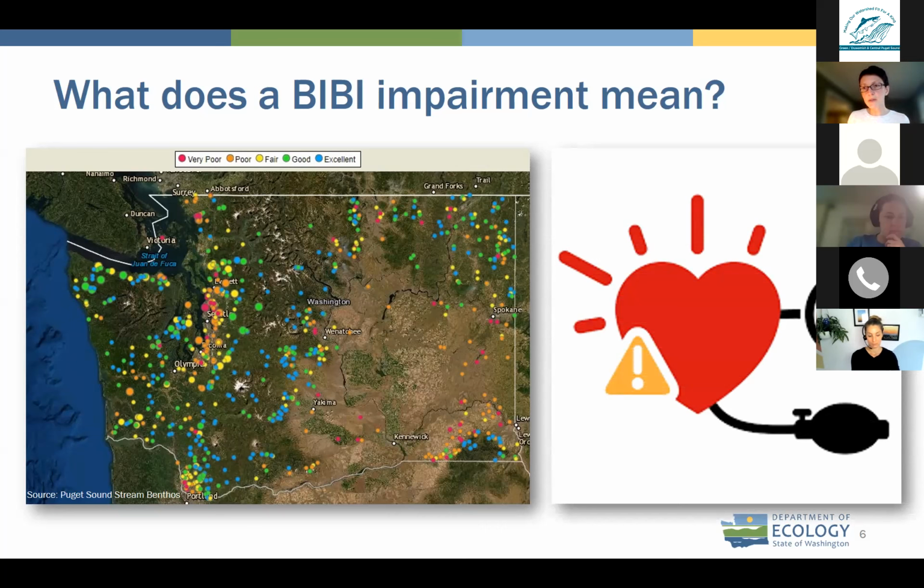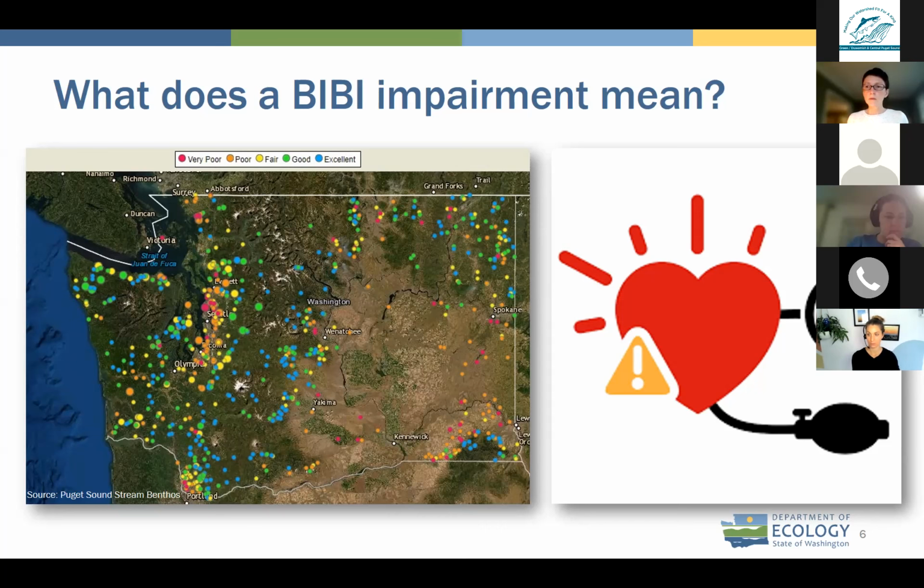So she might order us to undergo a series of tests to understand the causes of high blood pressure. In watershed science, the equivalent of these tests is a stressor ID analysis. The analysis gathers available information from multiple locations in the watershed, for whatever locations we have data for. It also looks at reference streams located in settings that are similar to the watershed in question. And then with all of these data, it does a statistical analysis to narrow down the most likely causes of